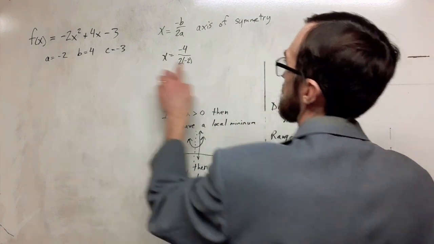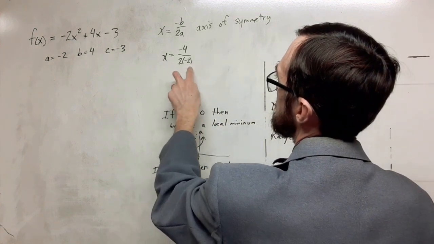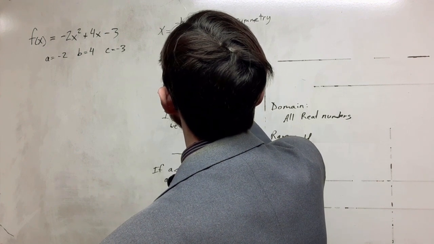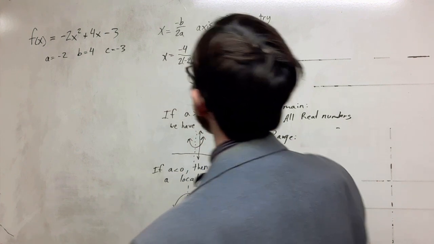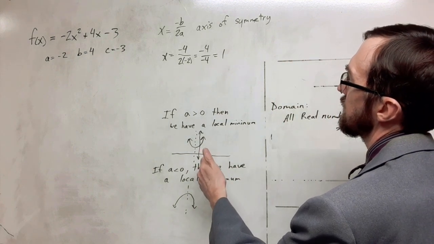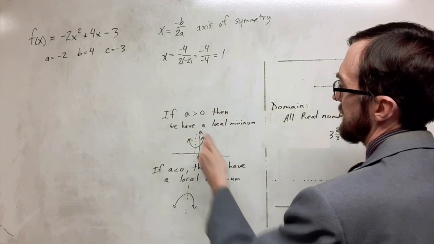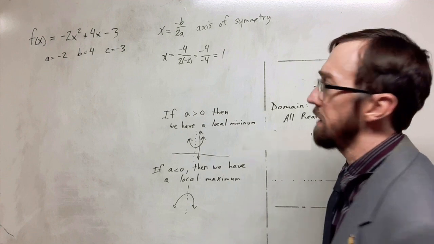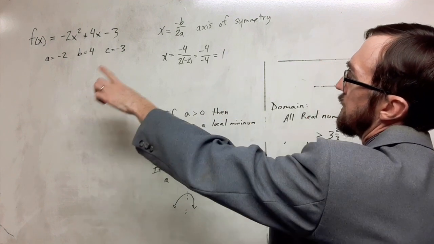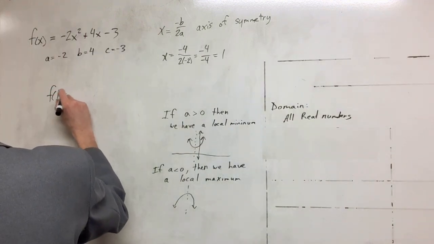We had a negative here. I'm going to put that in parentheses so that I can keep those signs separate. So I have 2 times -2. This ends up giving me -4 over -4, which is 1. So my axis of symmetry is going to occur on the vertical line that intersects the x-axis at 1. We're going to use this, plug it into the function. So we want f of 1